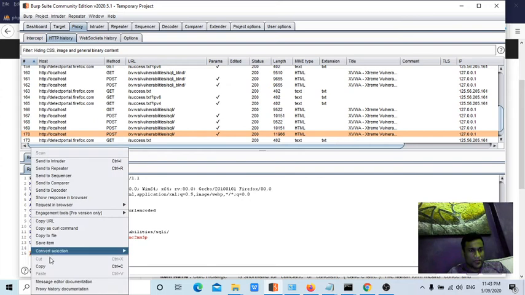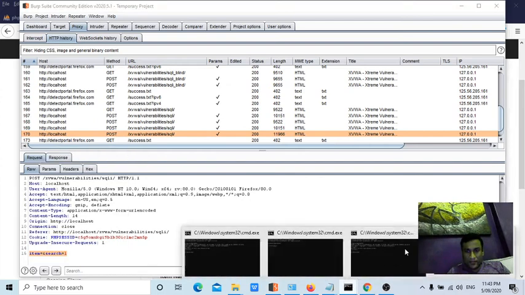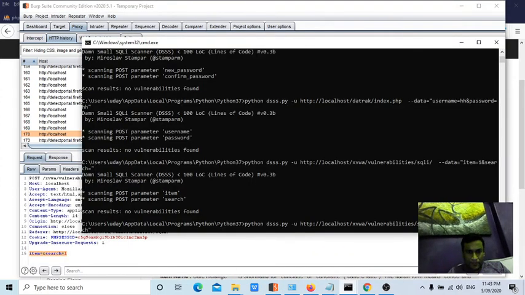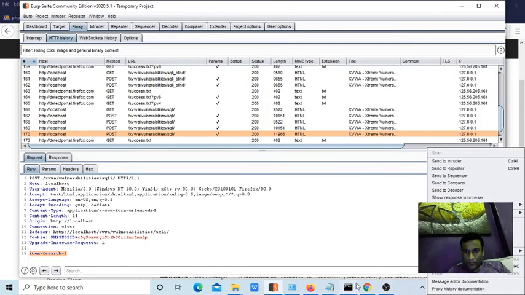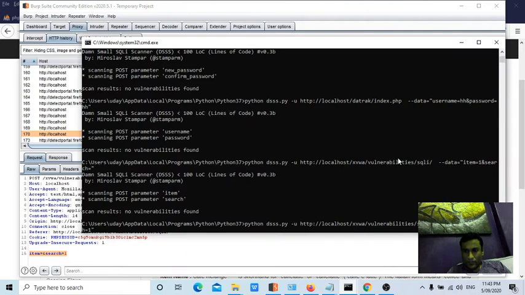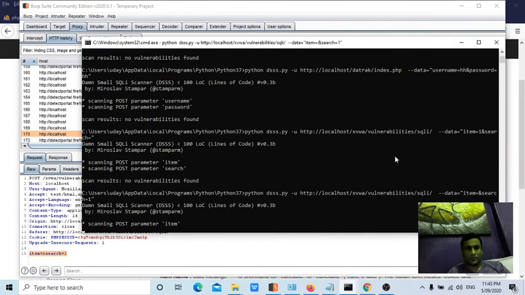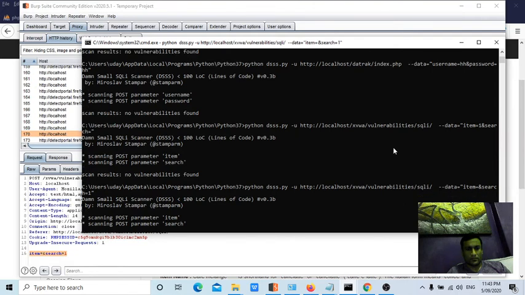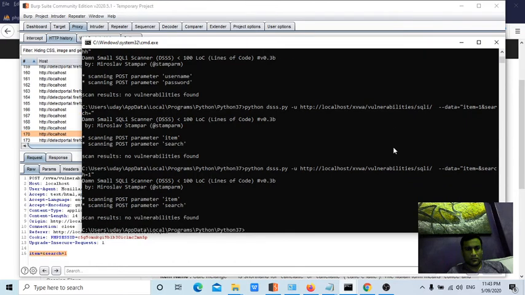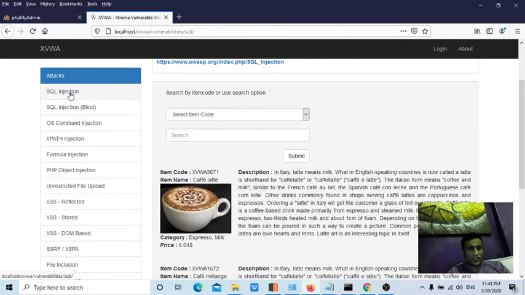Now I'll try to take this. No, it was unable to figure out SQL injection in this particular file. So SQL injection it did not find.